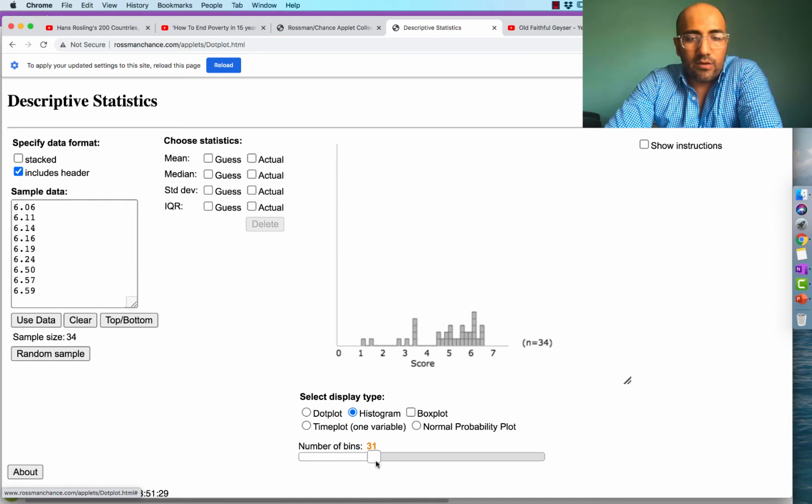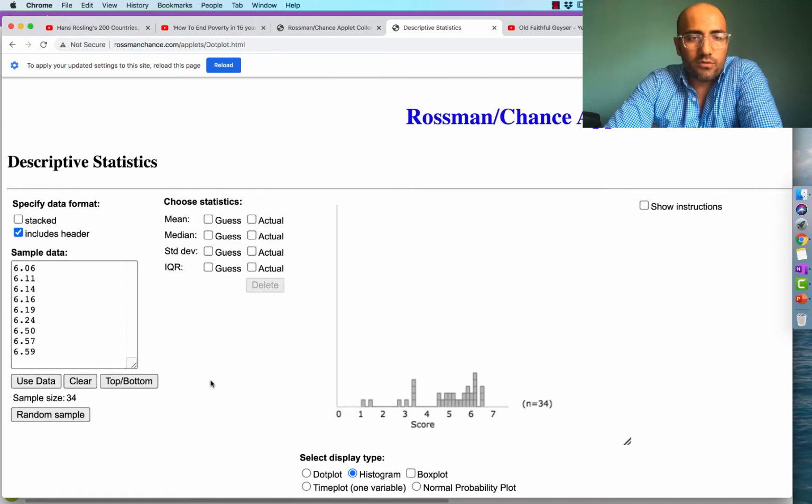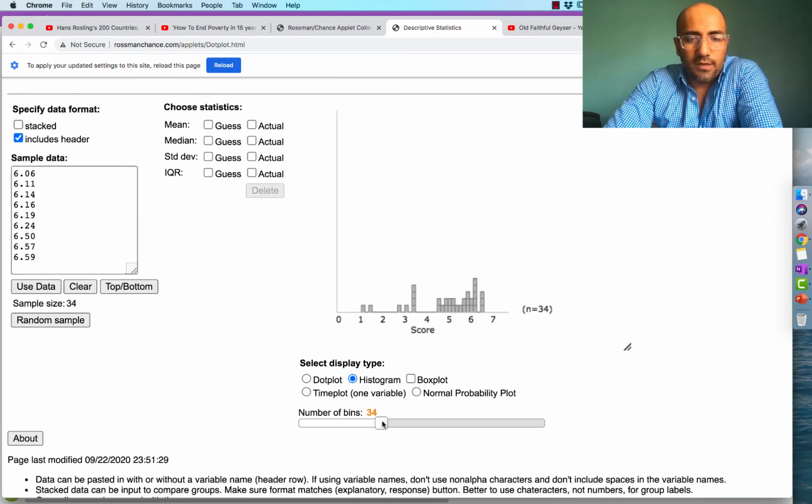And then if we went all the way out to 34 classes, it would look like this. All right, so as we increase the number of bins, you can see that we start to get